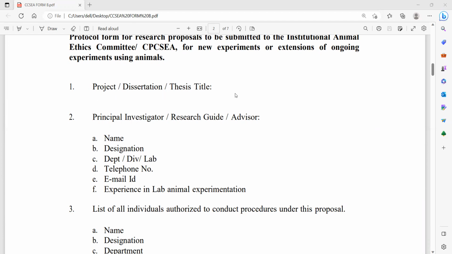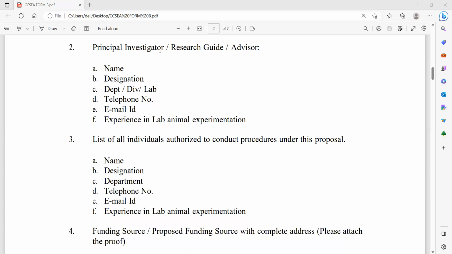So it is a self-explanatory title. Then principal investigator or research guide or advisor. Principal investigator, the person who is actually going to work on the experiment. Research guide or the person under whom the researcher is doing his or her project is the research guide or